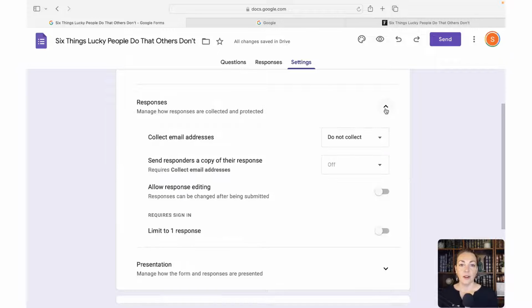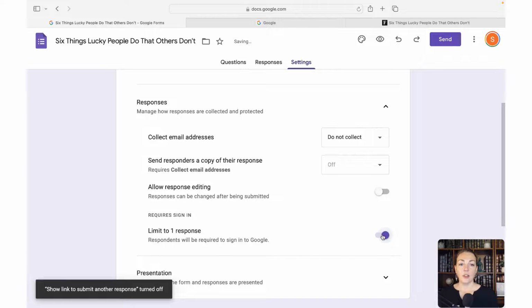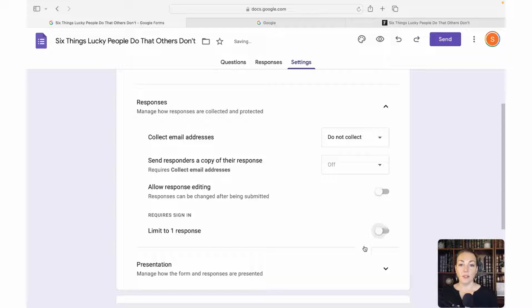Click that down arrow, and where it says collect email addresses, choose do not collect, and make sure this option here, requires sign in limit to 1 response, is not switched on. So if it looks like this, make sure you click it again so that it's switched off. That way, students won't need to have a specific type of email address in order to access and fill in